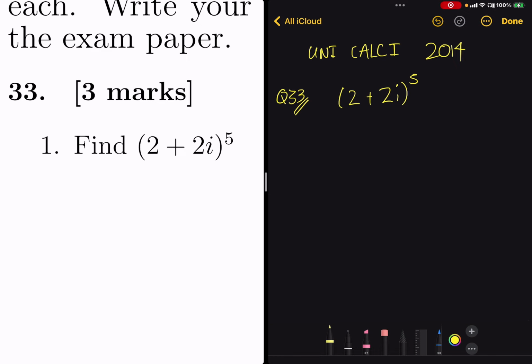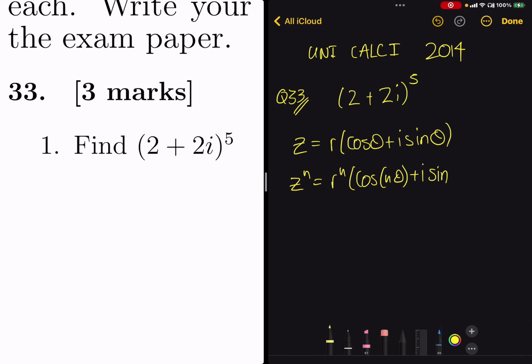So we're going to be using de Moivre's theorem. De Moivre's theorem is quite nice, so it's going to work pretty well. If we know that a complex number z has the polar coordinate form r times cosine theta plus i sine theta, then it follows that z to the n is equal to r to the n times cosine of n theta plus i sine n theta. So this is de Moivre's theorem down here, and we're going to be using this in order to find the